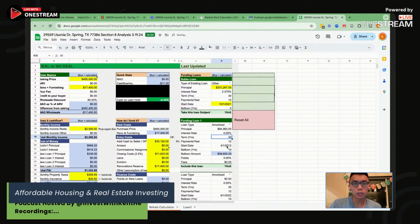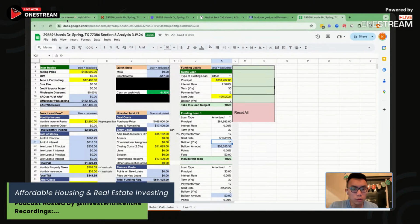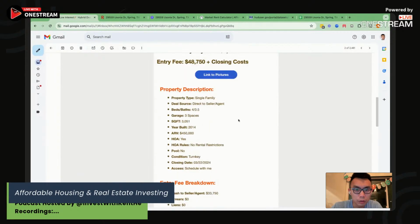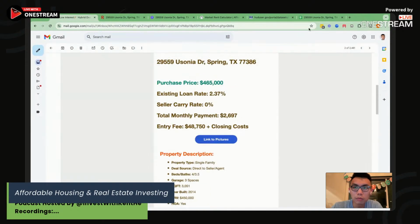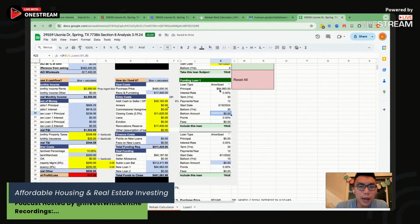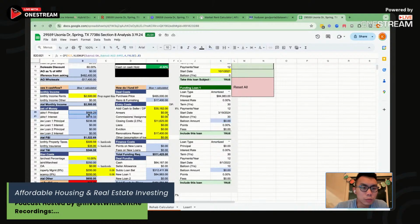0% interest rate. Start date, I'm just going to call it, can't backdate. So 3/19/2024. Okay. Is there a balloon? 3 years. No balloon. Okay, that's good to know. 30. Boom. All right. So now that I got the subto principal and interest and the loan,